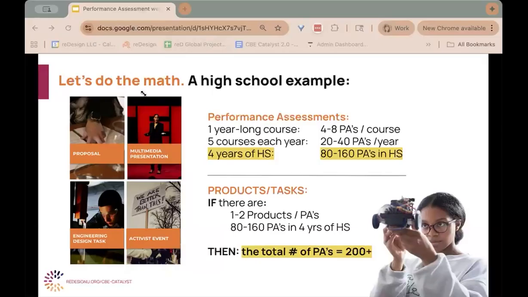And if they're doing 80 to 160 performance assessments, but they're doing both, let's say they're giving a speech, but they need to write the speech and practice it written down, 2 products, right? The speech and the written, or they need to be in Socratic seminars in order to talk about the things that they will ultimately turn into a speech. That you get to 1 or 2 products in the course of a performance assessment, then they get to over 200 in 4 years. You can start to see how that could gather some momentum and automaticity in the brain.